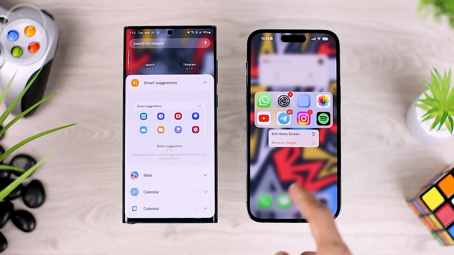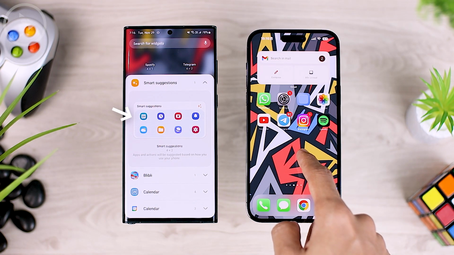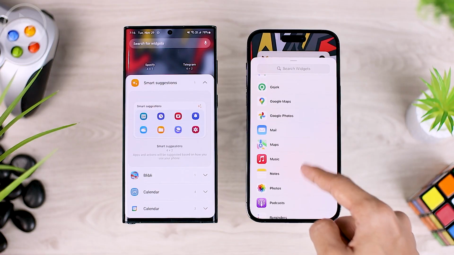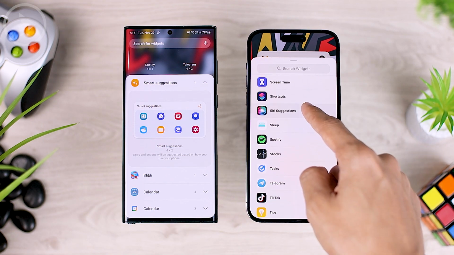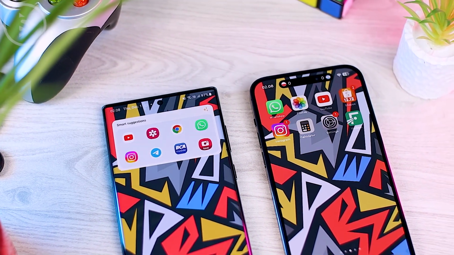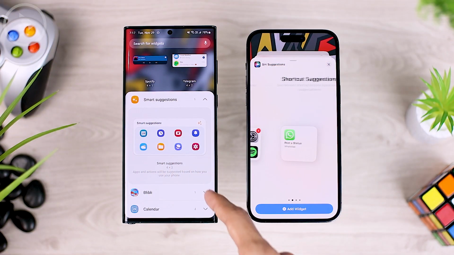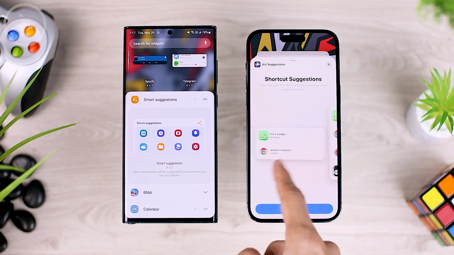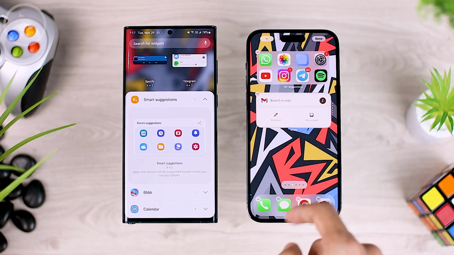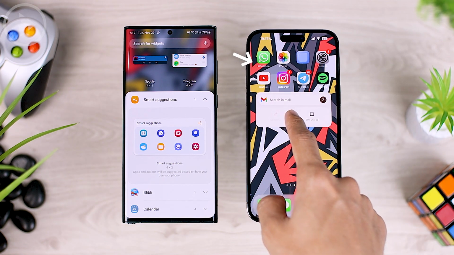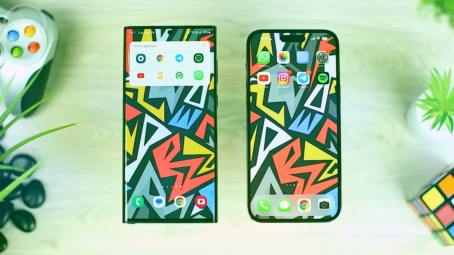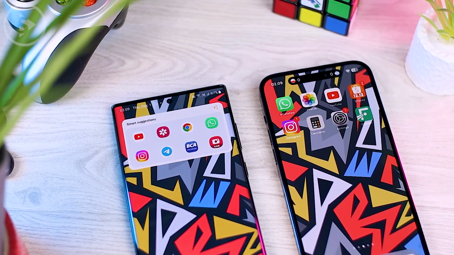Then there is also a new smart suggestion feature in the new widget on One UI 5.0. This feature is also very similar to the widget that was already available on iOS 16 called Siri Suggestion. There is only a slight difference. In the Samsung One UI, the Smart Suggestion feature only has one size, while on Siri Suggestions on iOS 16, there are several different size options. And there is also another difference in the appearance of Siri Suggestion on iOS. The appearance of the icon will immediately blend in with other application icons and doesn't look like a widget. While this Smart Suggestion on Samsung One UI 5 will immediately look like a widget, which is separate from other icons.